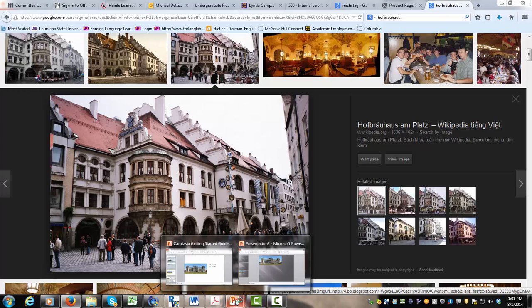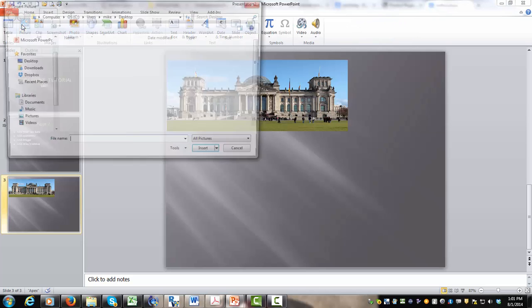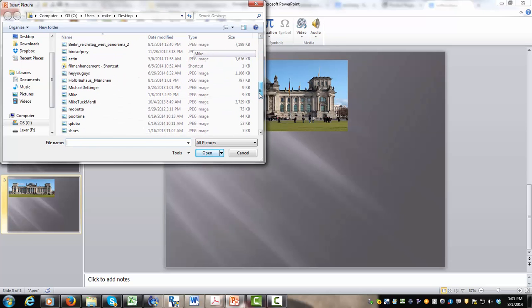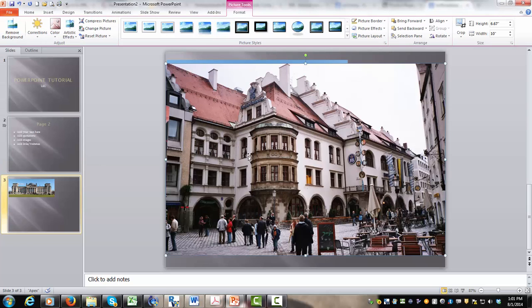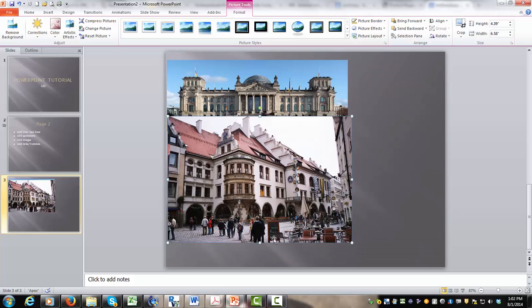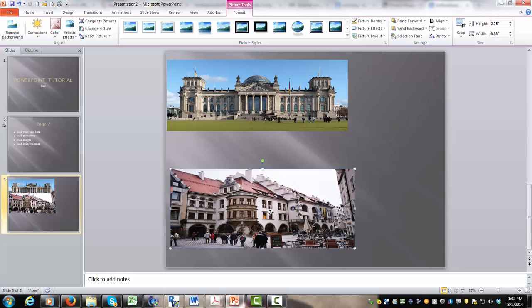Okay, I'm going to go back to the PowerPoint. Right, and I'm going to insert a picture. And click on Hofbräuhaus. Oh, it's dominating the whole picture. I'm going to do the same thing. I'm going to actually minimize it, okay, to roughly about the same size. I know it's still a little big, so you just have to toy around with it a little bit and